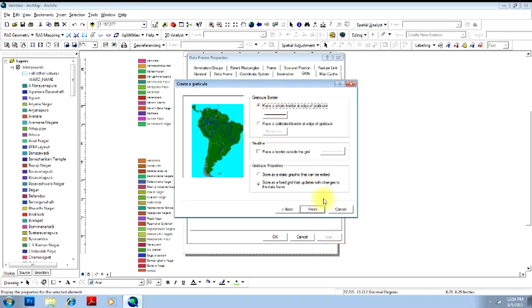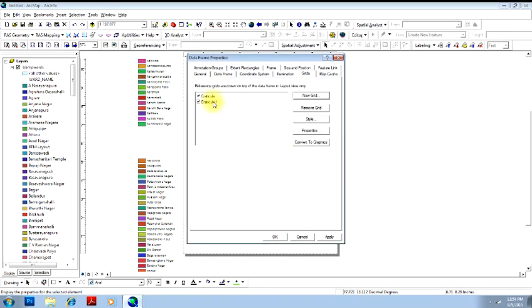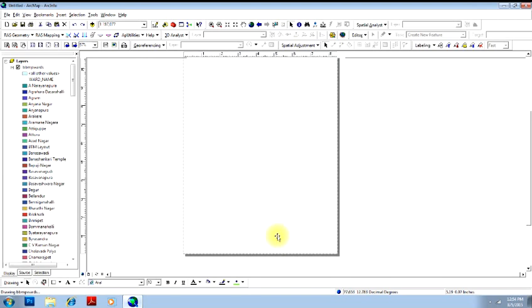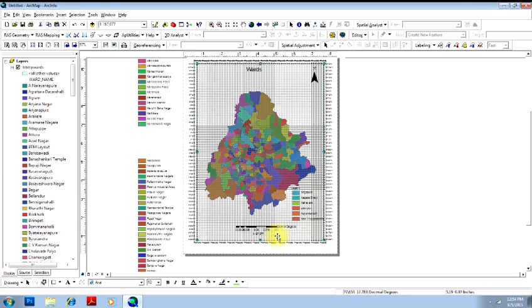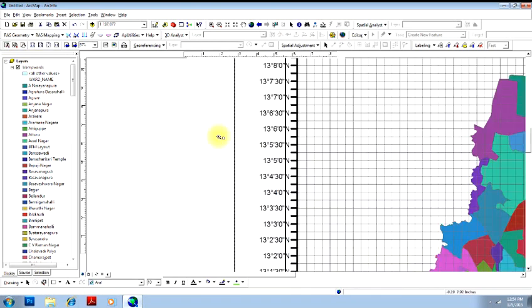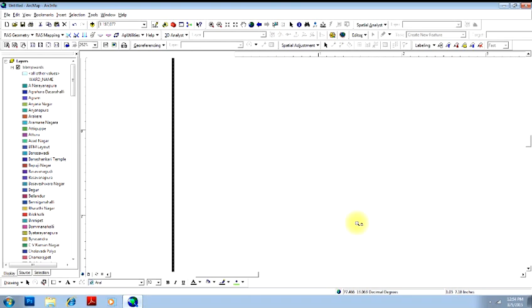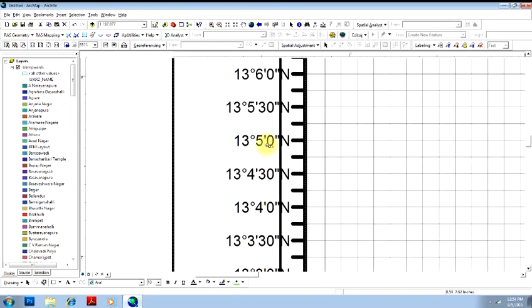and there are some options you can explore on your own. Very simple. Click OK, and this is the new graticule that you have just defined. You can apply the same to the map and click OK to see the result. Here you go. This is your result. You have degrees, minutes defined for every 15 seconds.